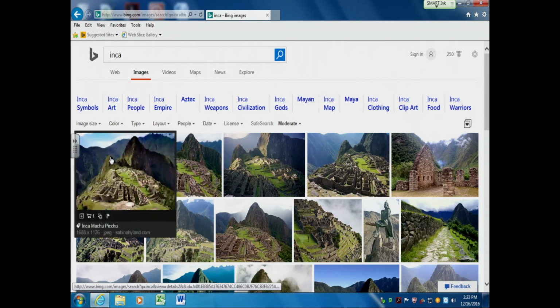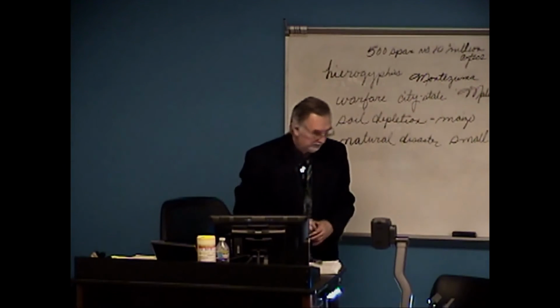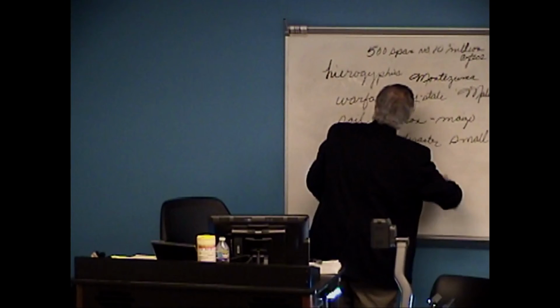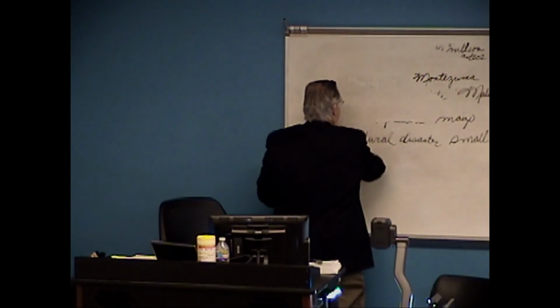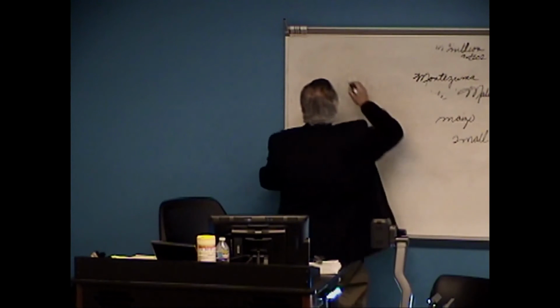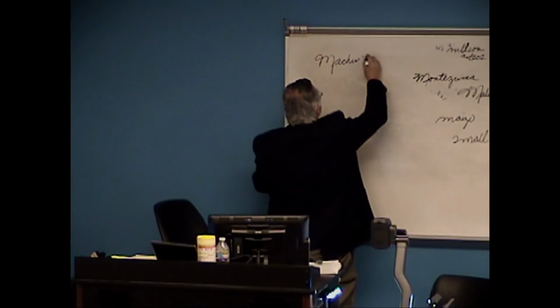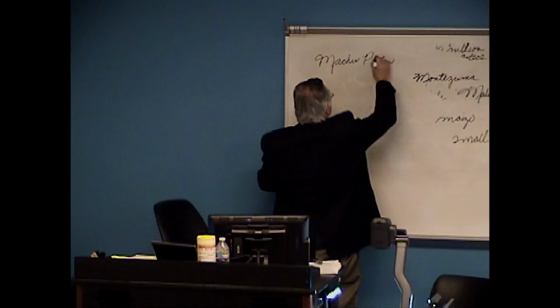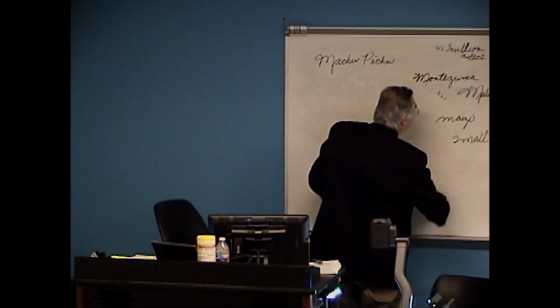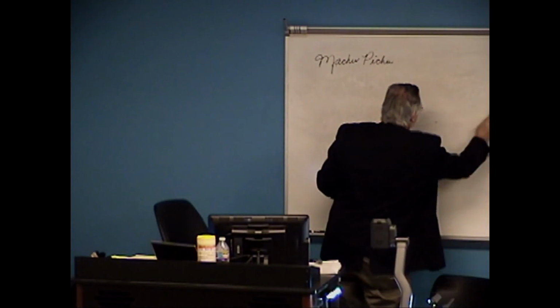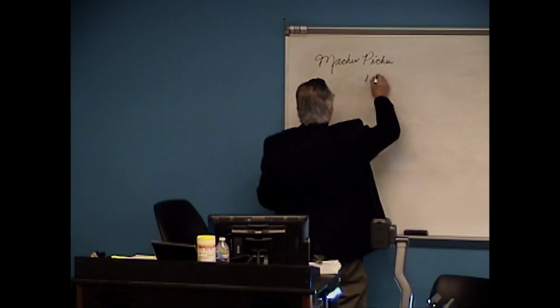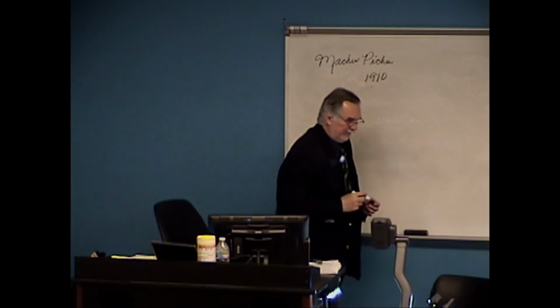Okay. These are among my favorite photos of the Inca. This is Machu Picchu, and it's way up in the Andes Mountains. And here's the amazing thing about Machu Picchu. It's a major Inca civilization or city, shrine, whatever you want to call it. No European reported it or probably had seen it until 1910. It's that high up and that difficult to get to.